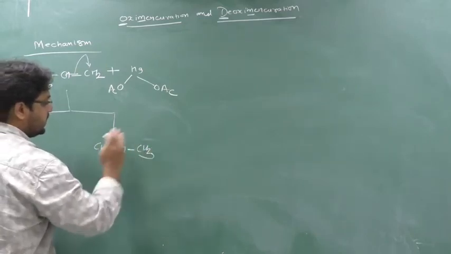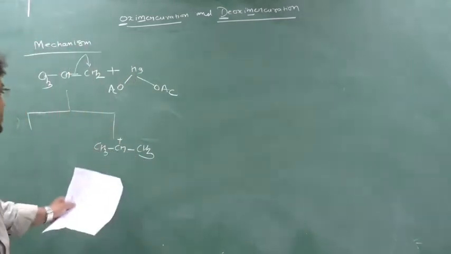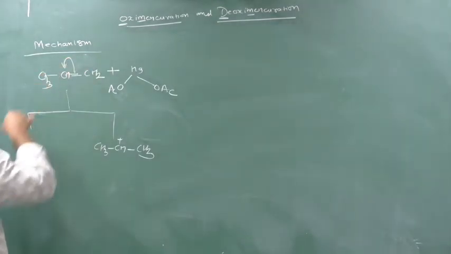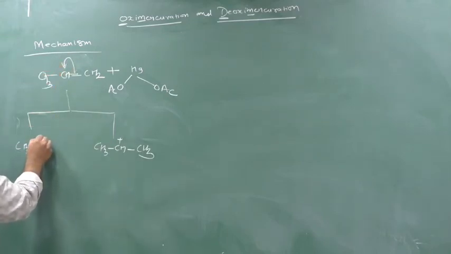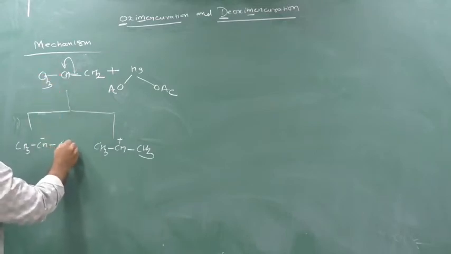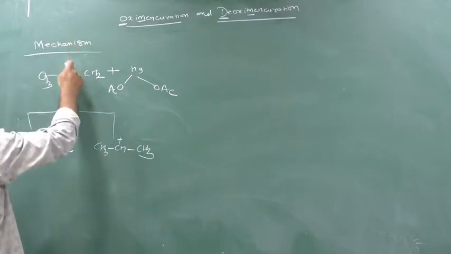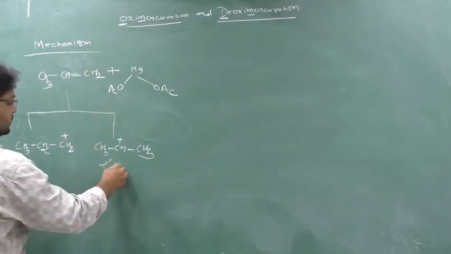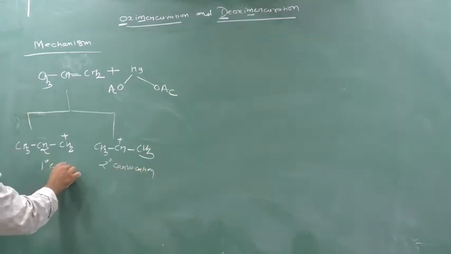So it will form what? CH3, because I told you negative charge will always react with H plus to form CH3. So here there is a formation of carbocation, or the possibility is this will cleave in this way. So the CH3 bond breaks and electrons enter here. If electrons enter here, it will create negative charge. So it has given the bond, so it will create positive charge. And I told you negative charge will always combine with one hydrogen and forms what? CH2 here. So here there is a possibility of 2. If this alkene cleaves in this way, there is a formation of carbocation, and that is a 2 degree carbocation. Yes or no? Here there is a formation of a 1 degree carbocation. Now student, you tell me which is more stable.